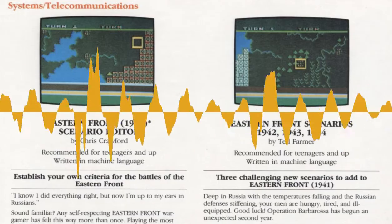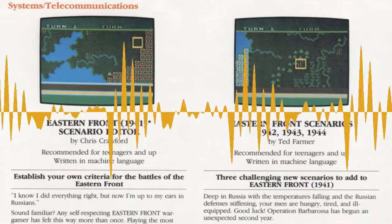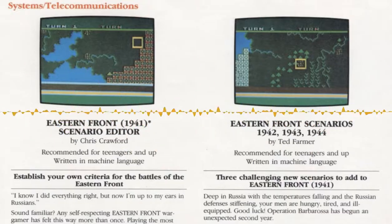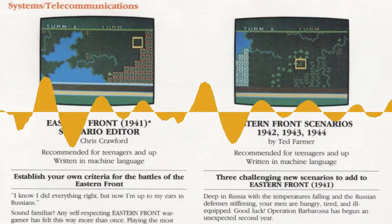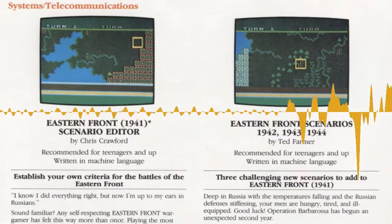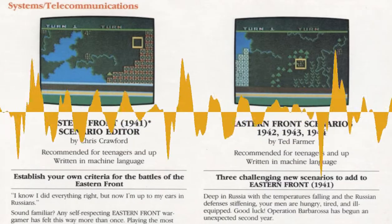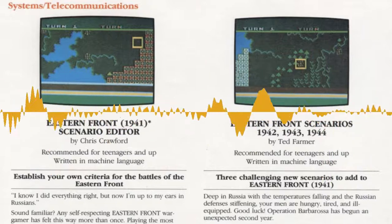Well, I immediately said, well, if it has that capability, then anyone could write a different scenario, same map, but a different scenario. And he said, "You're absolutely right. Would you be interested in writing some scenarios?" And I said, "Sure." You have all this experience modeling land combat. Yes. So I agreed that I would develop historical scenarios, and he